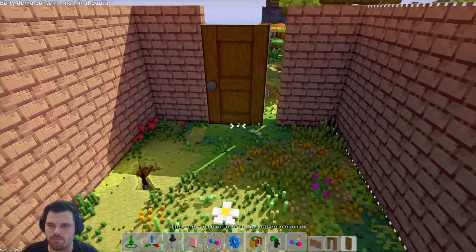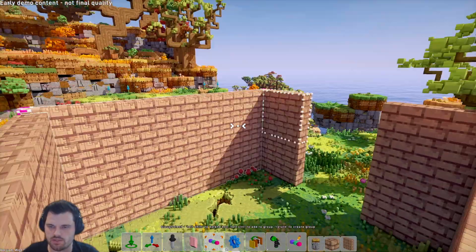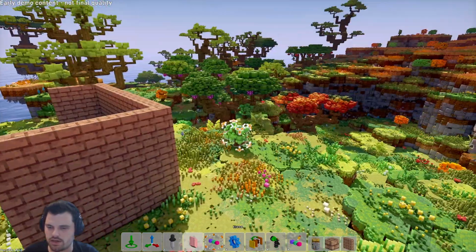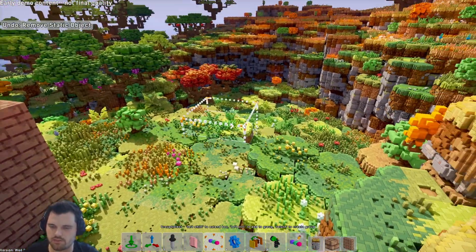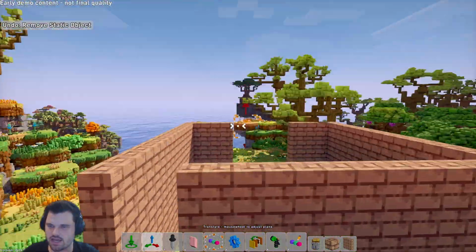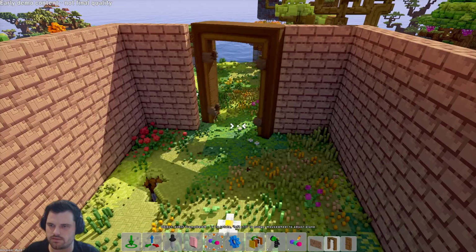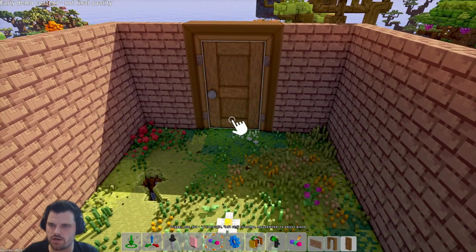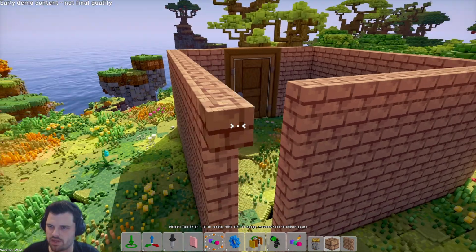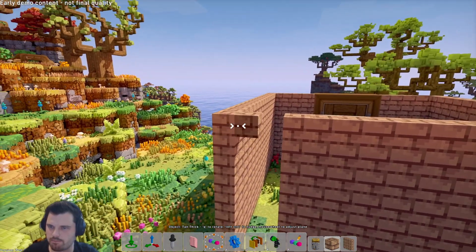And so, yep, okay, I miscalculated. So I'm just going to move this wall over like that. Okay. So I can actually click the box somewhere else to unselect that. I'm going to move this guy like that. Place the door. Hey, not bad, not bad. So I have a little gap here. So I'm going to make with the